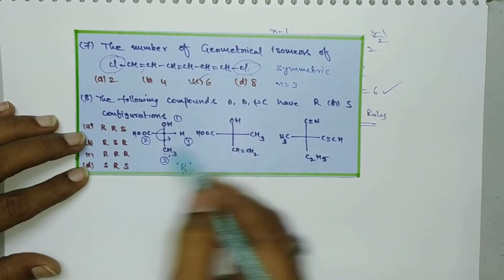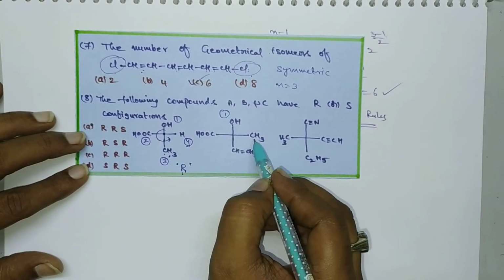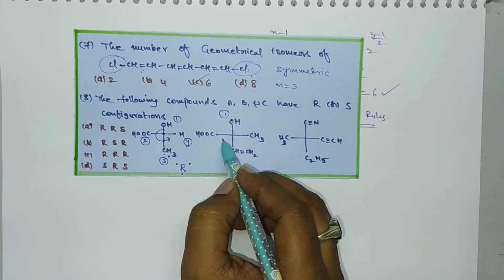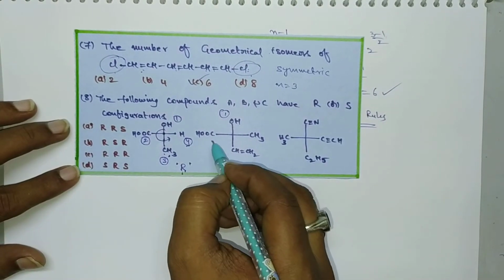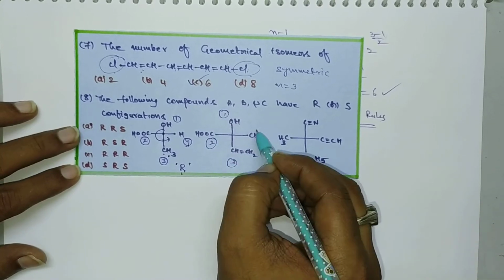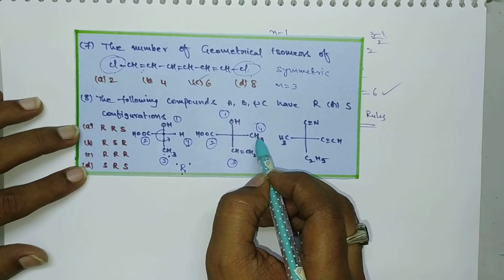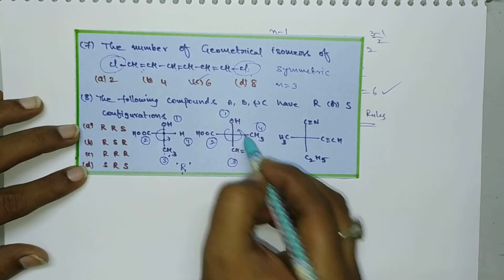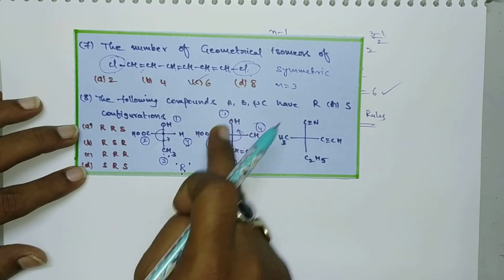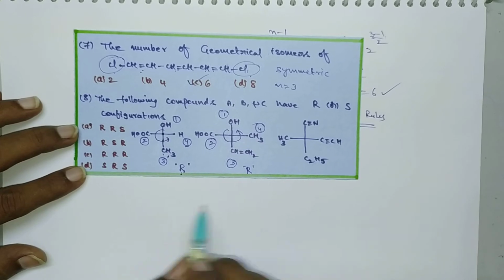Okay, clear? And next one, first preference goes to oxygen, second preference goes to carbon. The 3 are carbons, so here COOH is there, so that's why it gets the second preference, then the third one and the fourth one. Here also the lowest preferred element is in the horizontal position, so we have to invert the configuration. So here 1, 2, 3 is anti-clockwise direction, so that's why it is S, and we have to invert S into R.